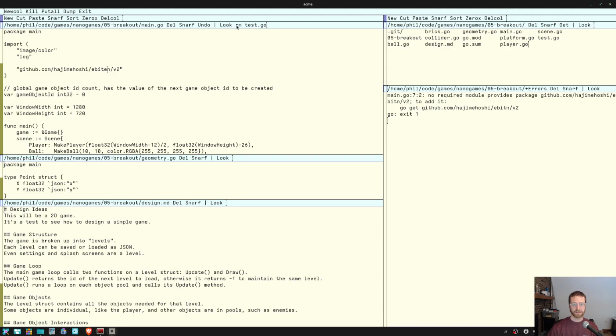And if I highlight this and middle click it, that should remove test.go. So if I do a get over here, we'll see that test.go is now gone. So that's kind of a nice little thing, just an illustration for how